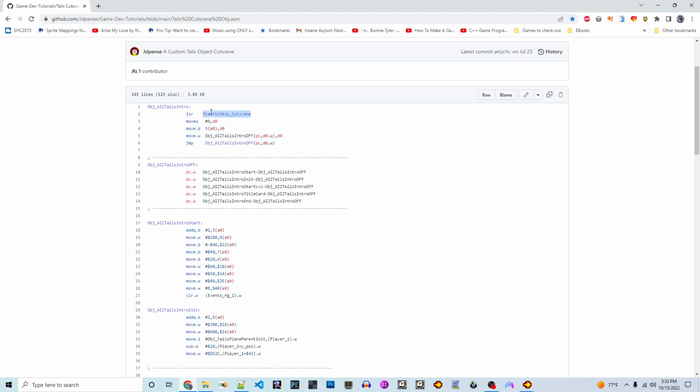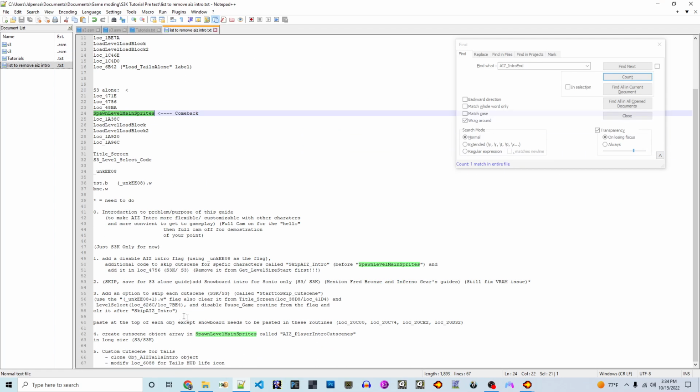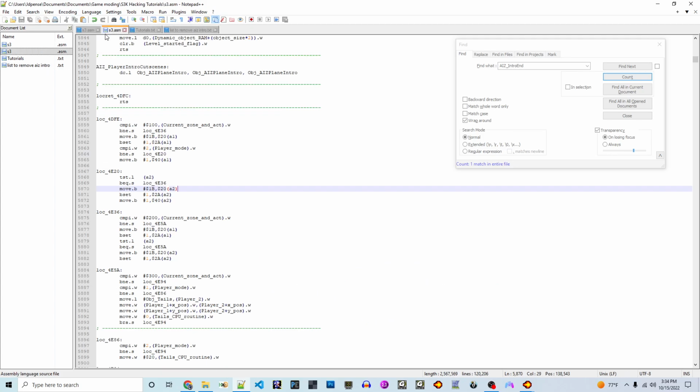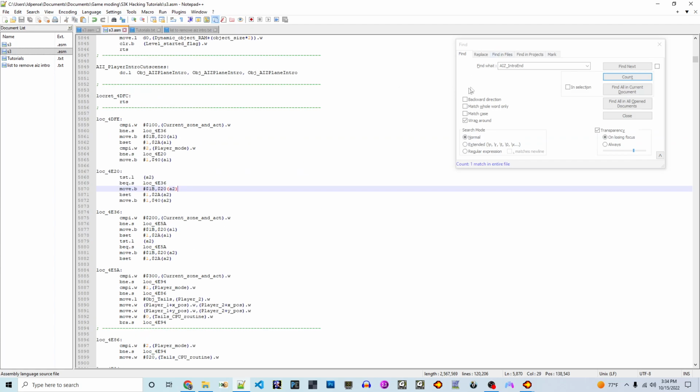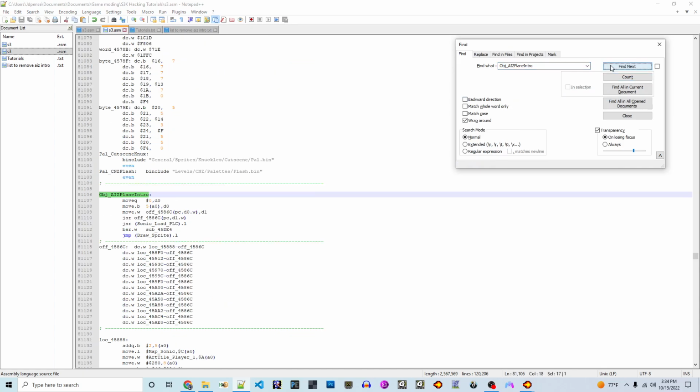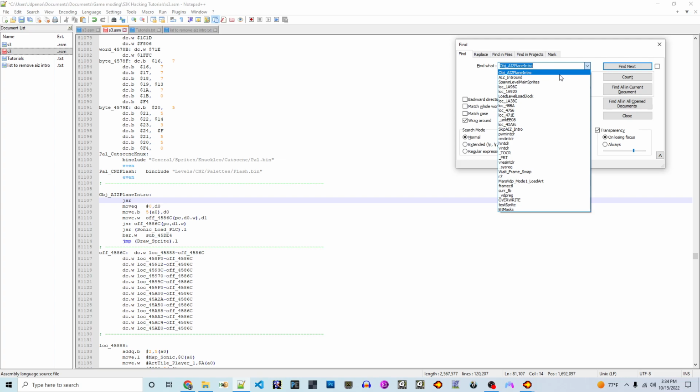Oh, and before we get to this, we have one more thing we need to do, which is go to the plane object, the Angel Island intro cutscene. Let's see, what was it called again? Okay, sorry. So we've got to go to the plane object intro, which we did from our last tutorial, and do the same thing again. We have to make sure we have a jump subroutine line to jump to that routine that we created earlier. Let's see, Angel Island skip introduction,